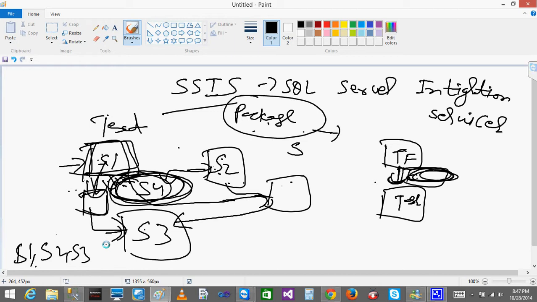SSIS is user friendly, and it has some more advanced features that make it easy to execute. In T-SQL you can also do it, but you need to write other code, and it is very hard. You need to be perfect in many other languages. So SSIS will make your work easier. Once we go step by step, you will be clear.